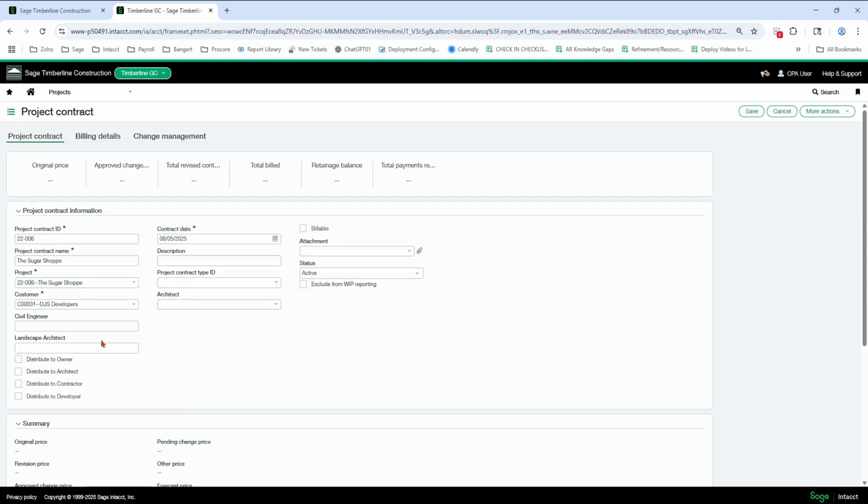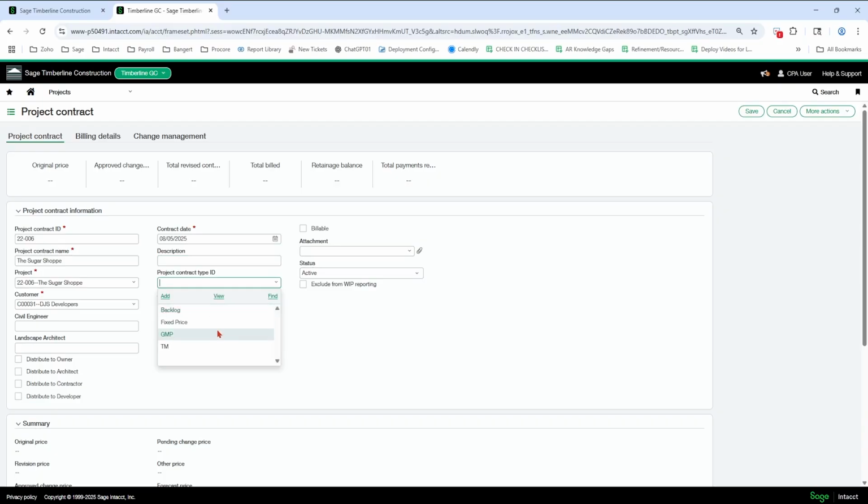Okay. Then civil engineer, landscape, these distributes are not really used. You can. The similar AIA form that we have, if you want those, then we will adjust that form. But generally speaking, these are not used. Contract date came in based on the begin date on the project. Okay, so there's a begin date on that project screen. Description can be used if you want a longer description than here. Maybe you want that to come out on the billing form, or you want it just for your own internal purpose. You can put that there. It's not common, but you can.